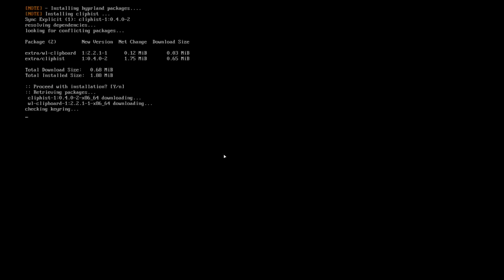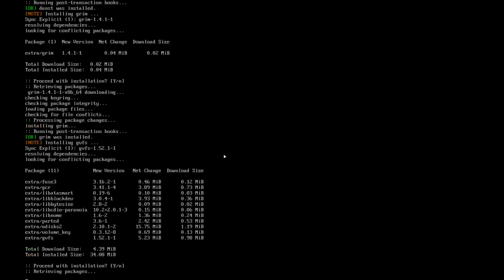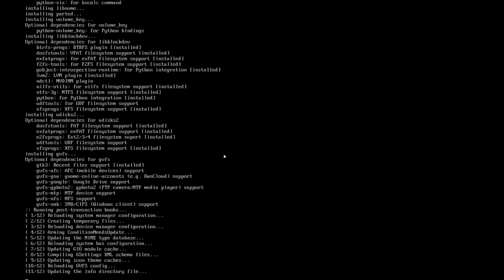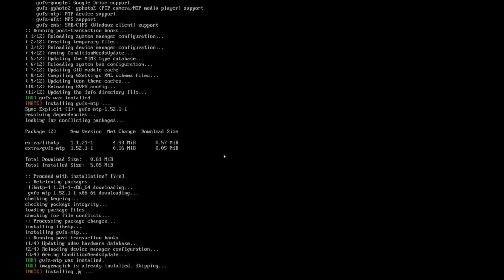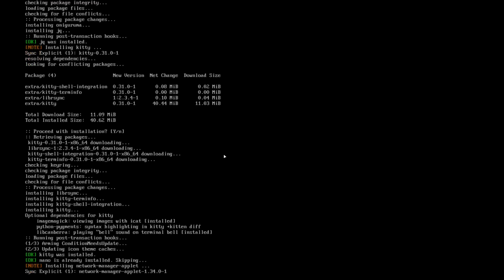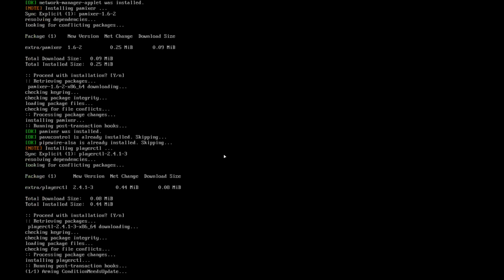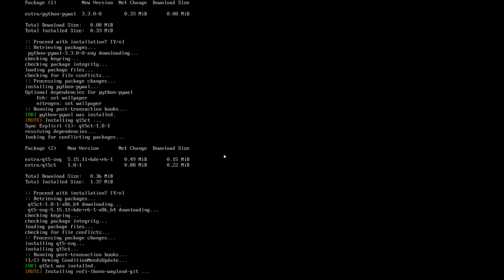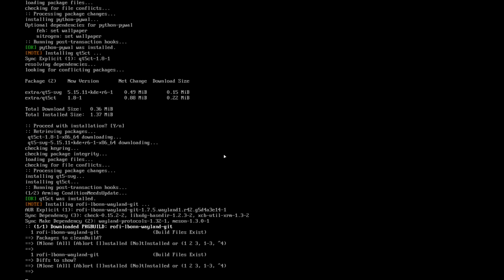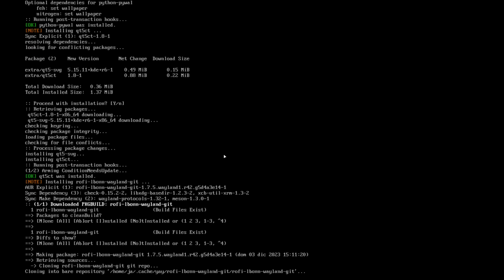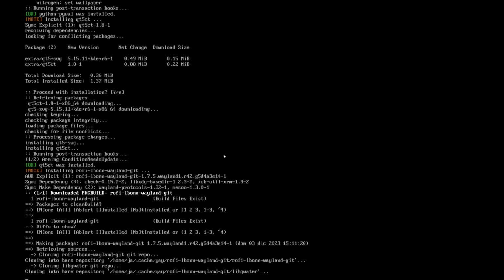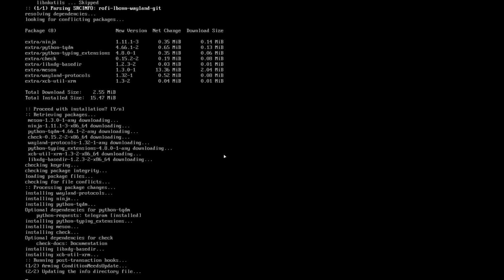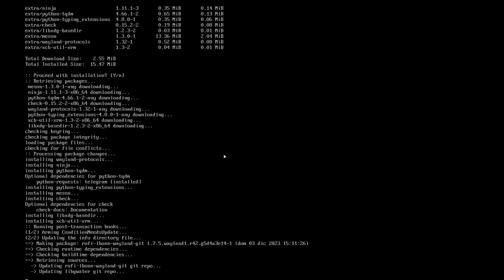Now, depending on your system and your internet speed, it would take a few minutes, 5 to 10 minutes. If you have slower internet or a less powerful computer, then it may take longer than that. So let's just let it do its thing, and later on it will pop up a question whether you want to install